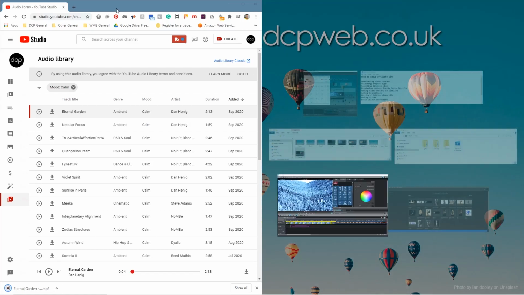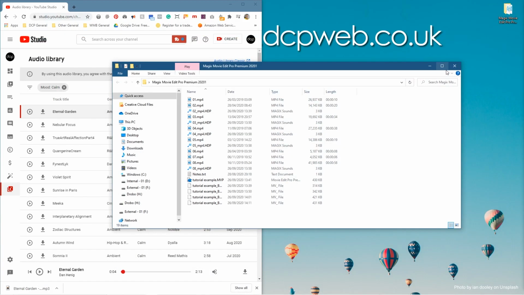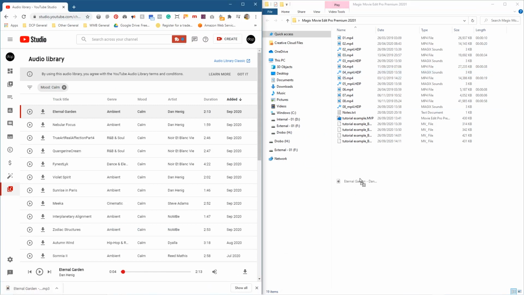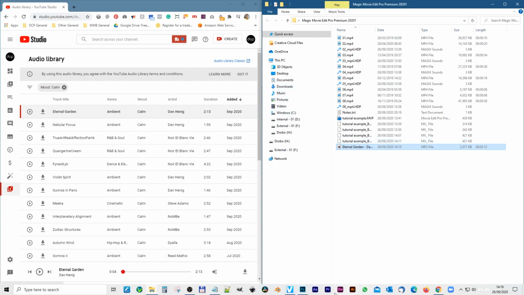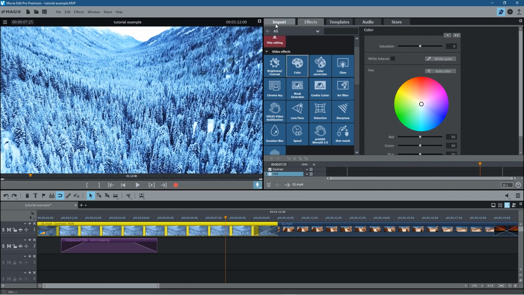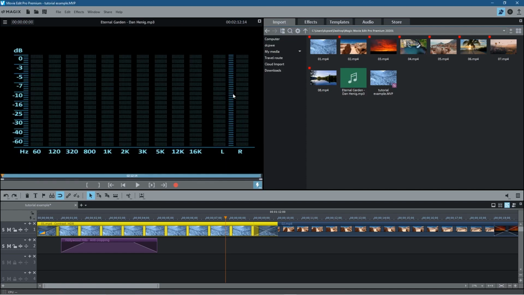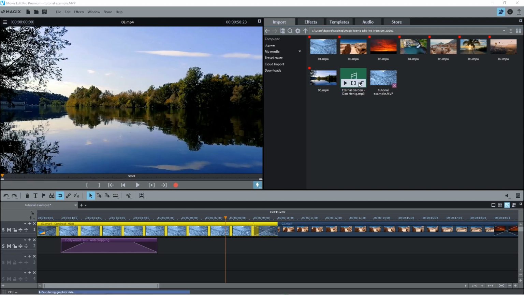I'm just going to drag this to the side and minimize this for a minute and open up this folder, because I want to drag this audio clip that I've downloaded into the folder. So now we've got access to that audio clip in Movie Edit Pro. When we open up Movie Edit Pro and go back to import, we can see this new audio track is here, right? And we can edit the levels and do stuff like that. Again, this is probably a bit advanced, so maybe I'll look at showing you that in future tutorials. But for now, I just want to,